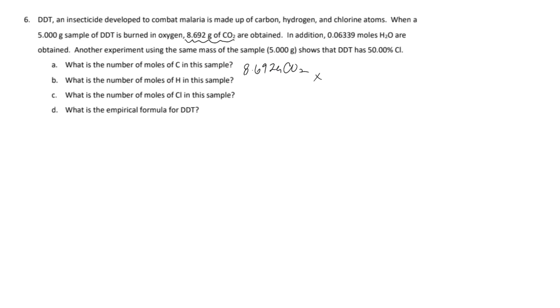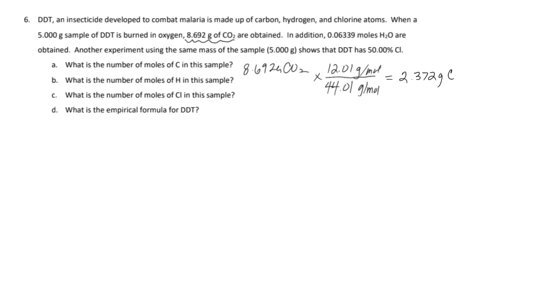You can do it this way, or you can go back and do a mole conversion like we learned at the beginning of the video. So I have 12.01 grams, the molar mass of carbon, in CO2, divided by 44.01 grams per mole, which is the total molar mass. This is the way to get the percent carbon in CO2. And then all I have to do is multiply that times the total mass, and I can get the grams of carbon. So when I multiply that, I get 2.372